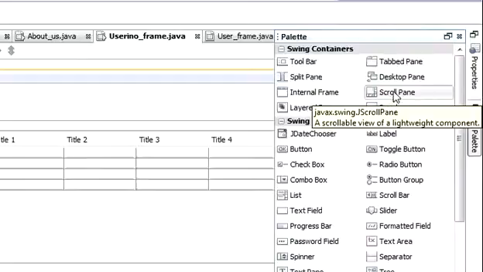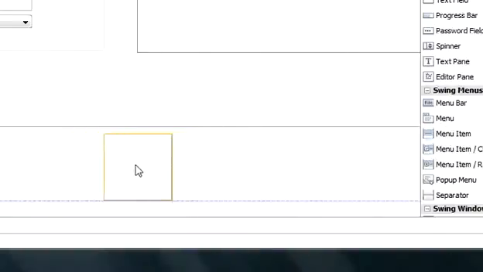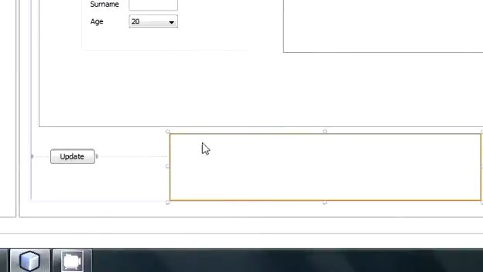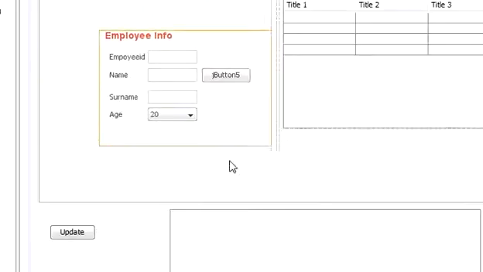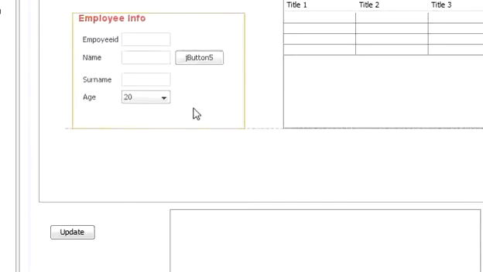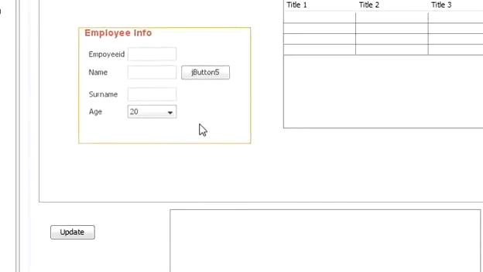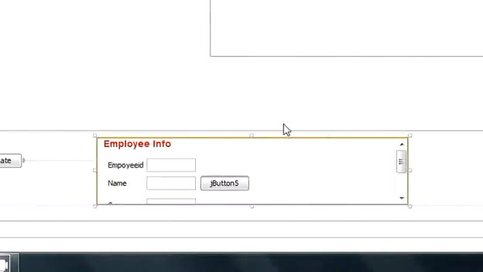So this is the scroll pane in the palette. You can drag it and place it into your J-frame, but as it is, it is of no use. If you want to use it, you have to put something inside it. For example, I dragged my employee info panel and placed it inside my scroll pane, and when I run the program